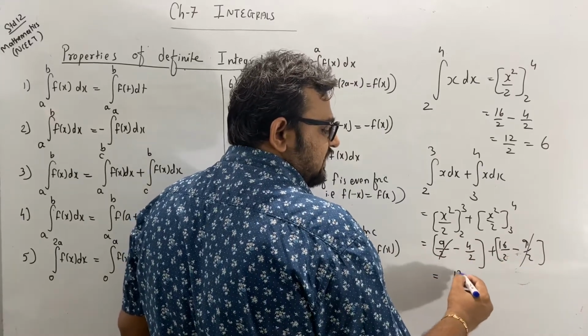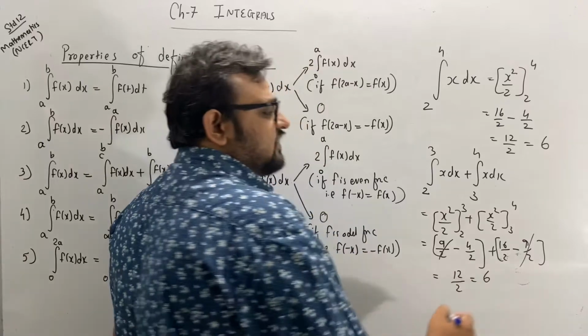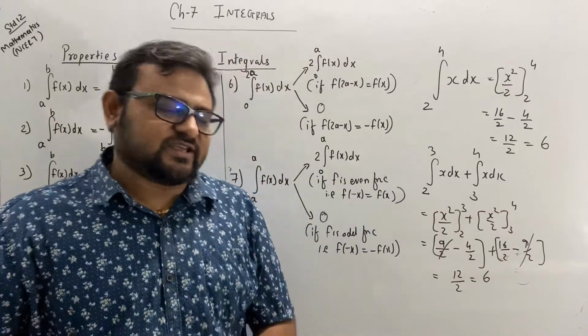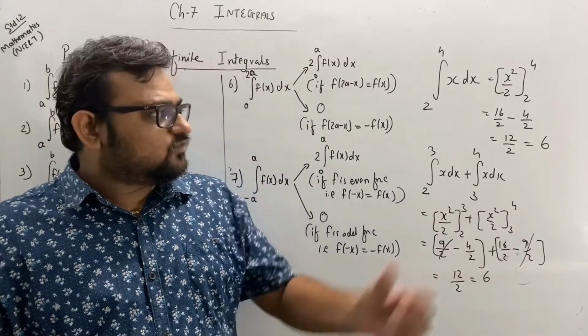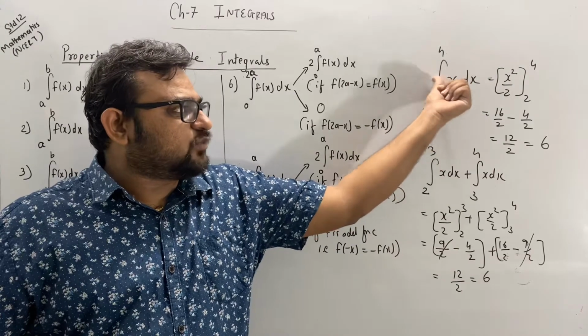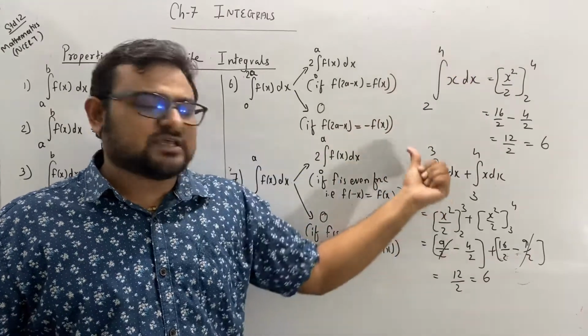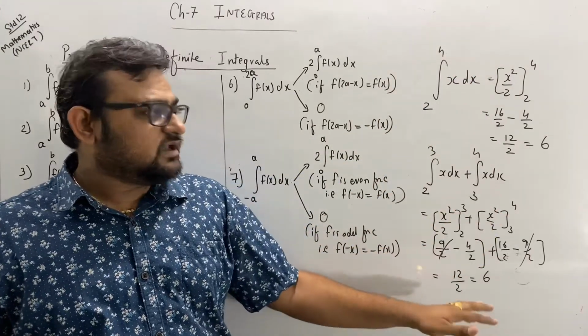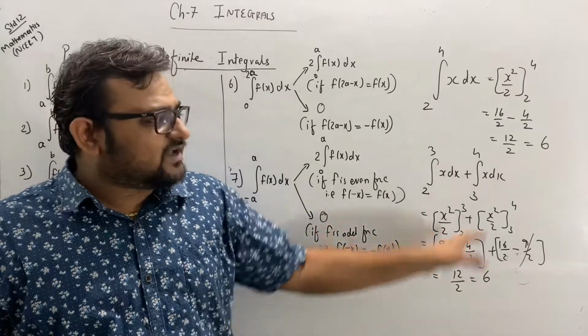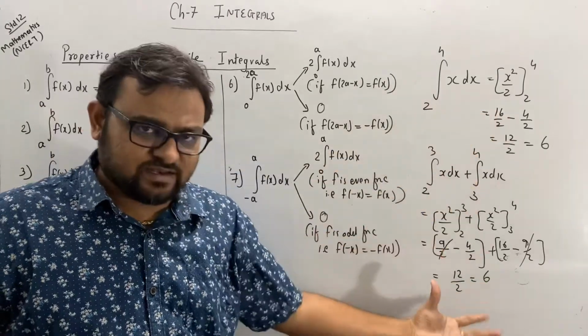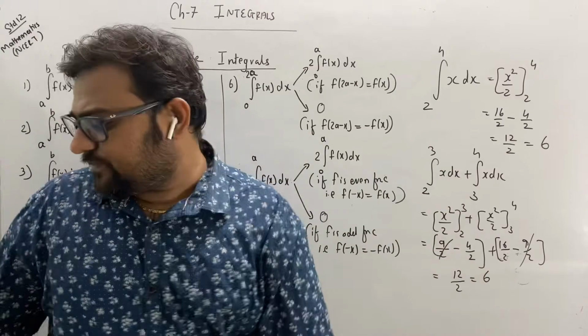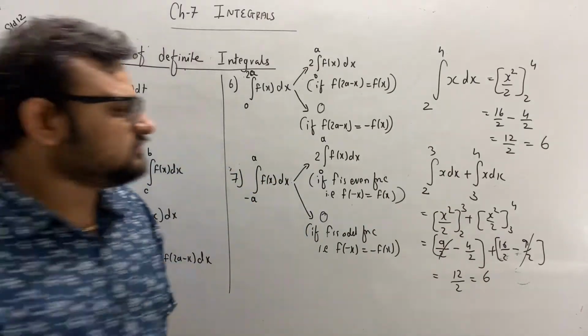It will again be 12 by 2, and the answer is 6. Clear? It means I had just taken an intermediate point 3 between 2 and 4 and separated it. Okay? Now see, in this type of sum we can do it directly, no need to separate it. But there are some particular questions like,